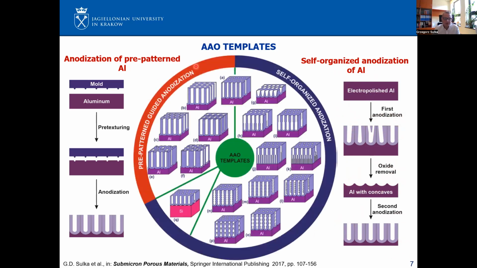Using both approaches, in the case of pre-patterned anodization, we can observe different arrangements of pores, like hexagonal arrangement of circular pores, square pores, triangle pores, checkerboard-like pores, and triangle circles and triangle diamonds can also be formed using that pre-patterned substrate. In the case of self-organized anodization, we always observe hexagonal arrangement of pores, but we can